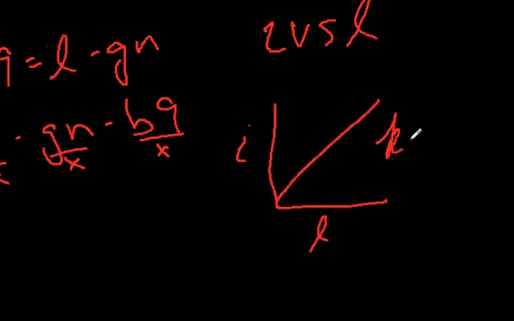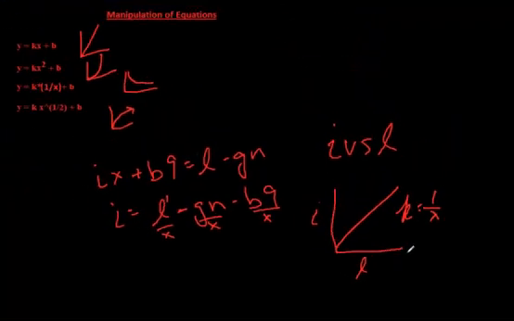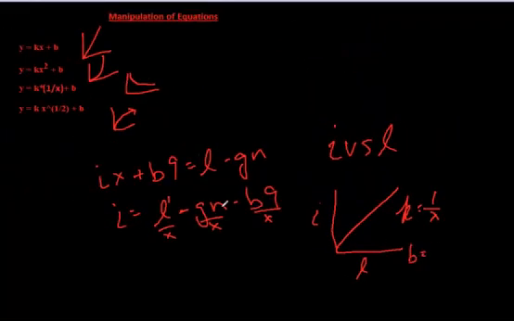Now I'll start off with what is my K value? What's multiplied next to it? Well, what's multiplied next to it is, well, that's subtracted, that's subtracted. The thing that's multiplied next to it is 1 over X. So there you go, there's my K. And my B value, or my y-intercept in this case, is what is added next to it. So make sure you're careful with the subtraction sign, because the answer is negative GN over X minus B9 over